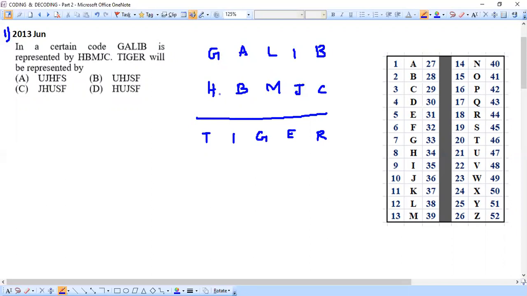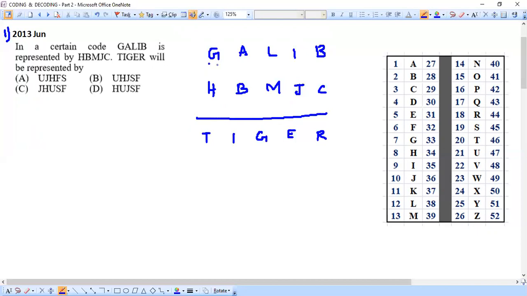So that means they have done something with the traveling pattern. If they were using the same letters, we would completely have the same 5 letters repeated here, but it is not like this. So we need to understand that they have done something with the traveling. Let's do it letter by letter and observe what pattern is used here.